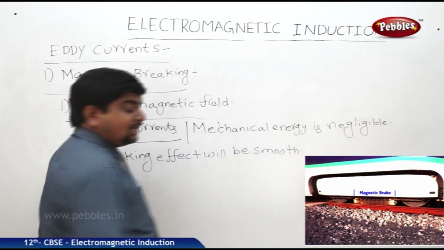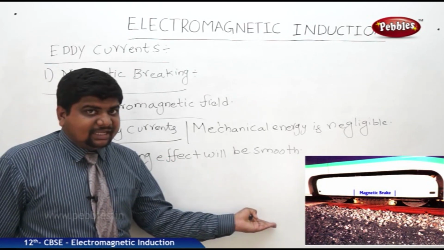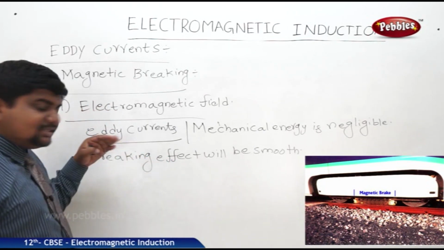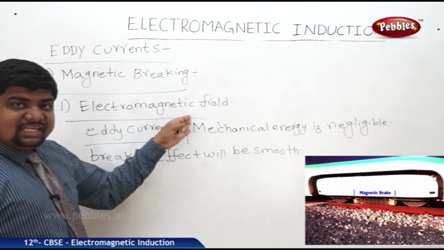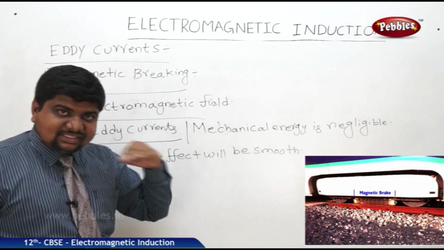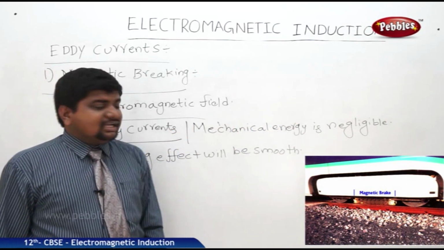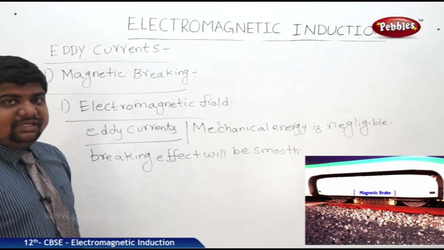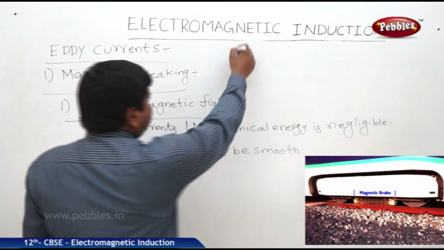Why? Already eddy currents are playing to stop the train, opposing the motion of the train. So the induced EMF is keeping the train in touch with the magnetic field. That's why mechanical energy will become negligible, and the braking effect will be smooth. This is one of the uses of eddy currents. Second one,